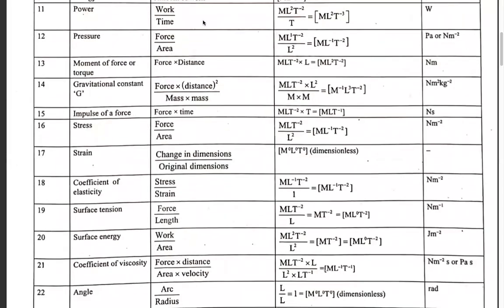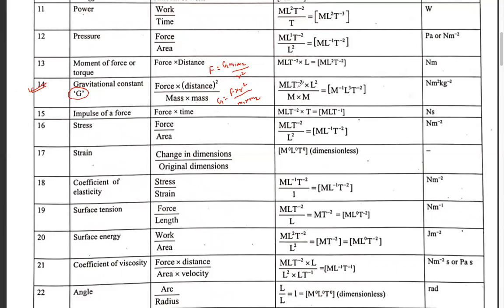So you can see these, all these, you can see these constants also. For example, for gravitational constant, how do we find out? You need to understand that we know that gravitational force F is equal to G m1 m2 by r square. So if you have to find the value of G, that will be equal to force into r square divided by mass m1 into m2. So we have cross multiplied it.